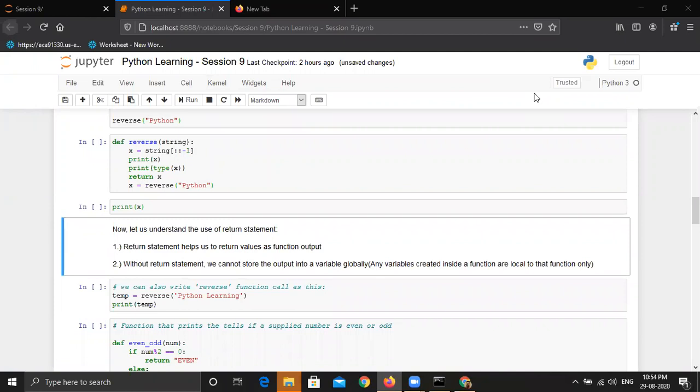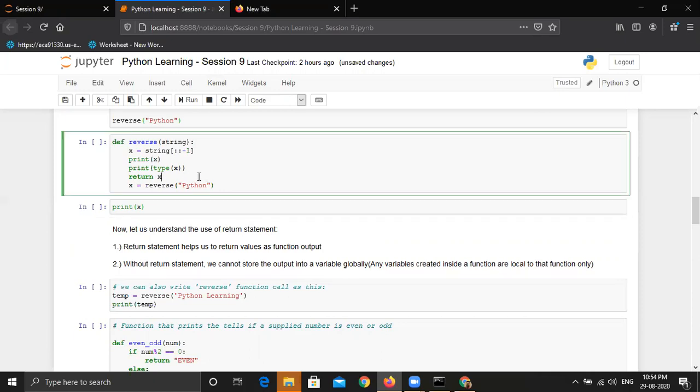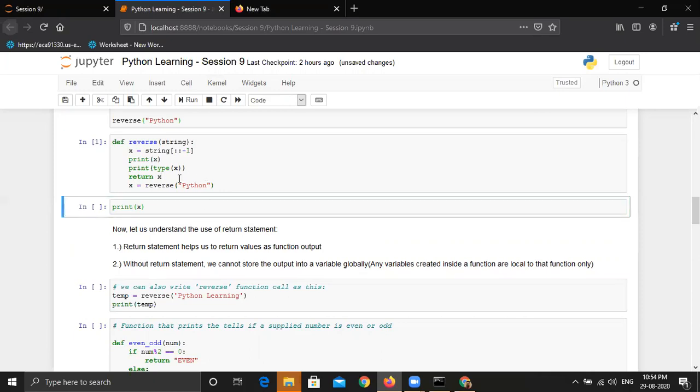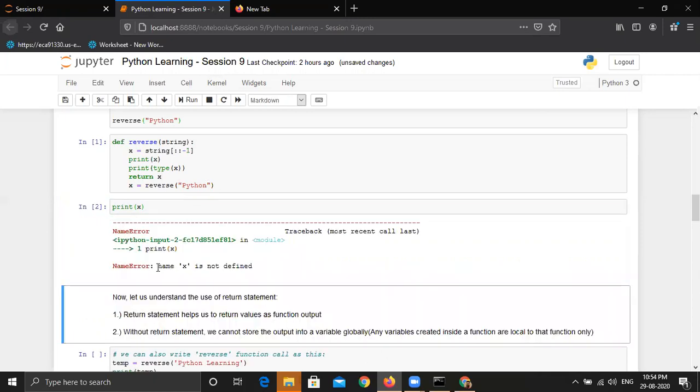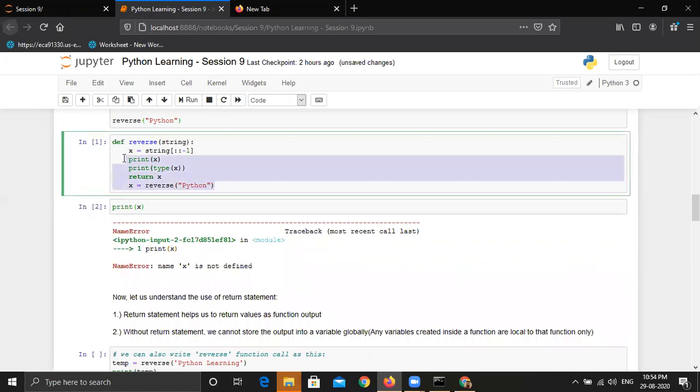So Dheeraj, do you think this won't work, right? Yes, you are right. This won't work. We can try it once so that everyone can see. So let me just rerun this, and print of x. You can see it is giving me an error that x is not defined, because again the scope of x is local to this function only.